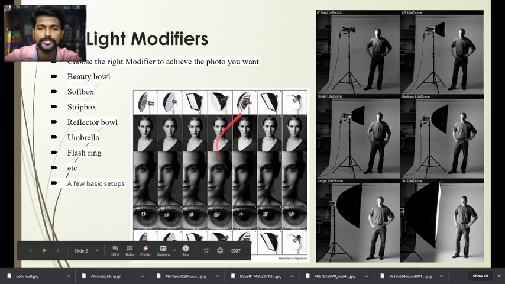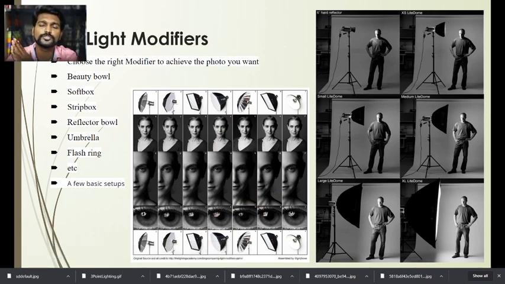So you have different types of modifiers. These are known as modifiers. Before using the modifiers, you should know about the advantages and disadvantages of the modifiers.